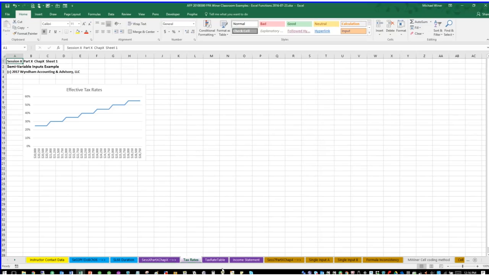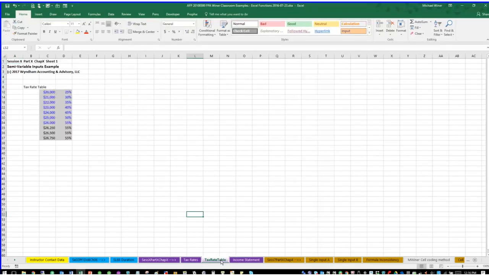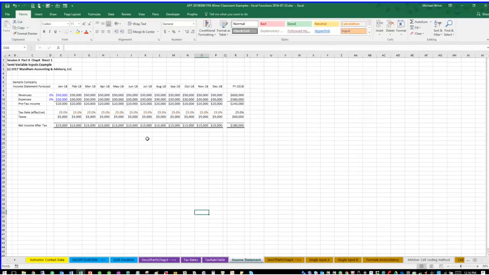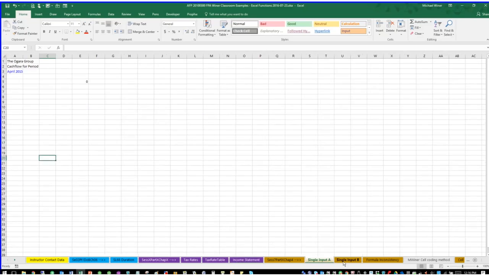Okay, these tables, I think none of these are going to be important for us. I just did these at one point because there was a live class conversation. Let's go here. Okay, so there's nothing important here. This formula inconsistency is a demonstration of one of the